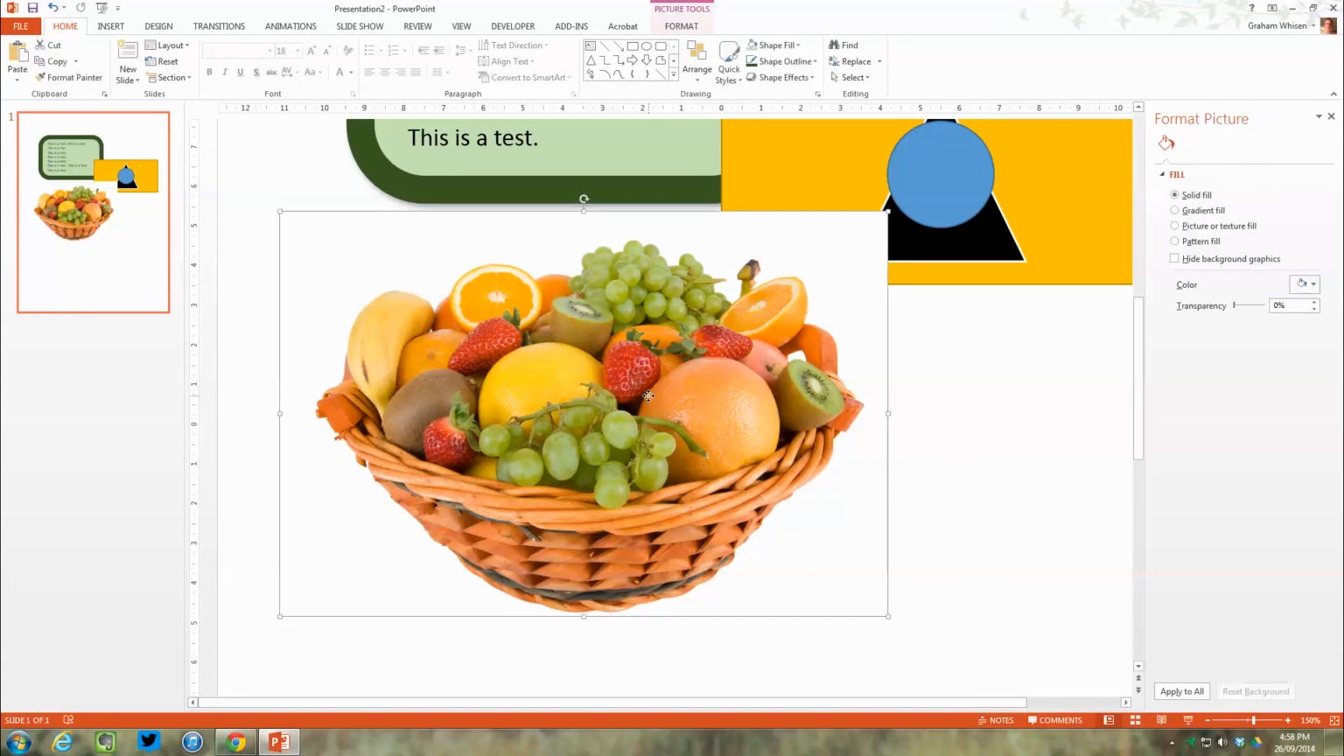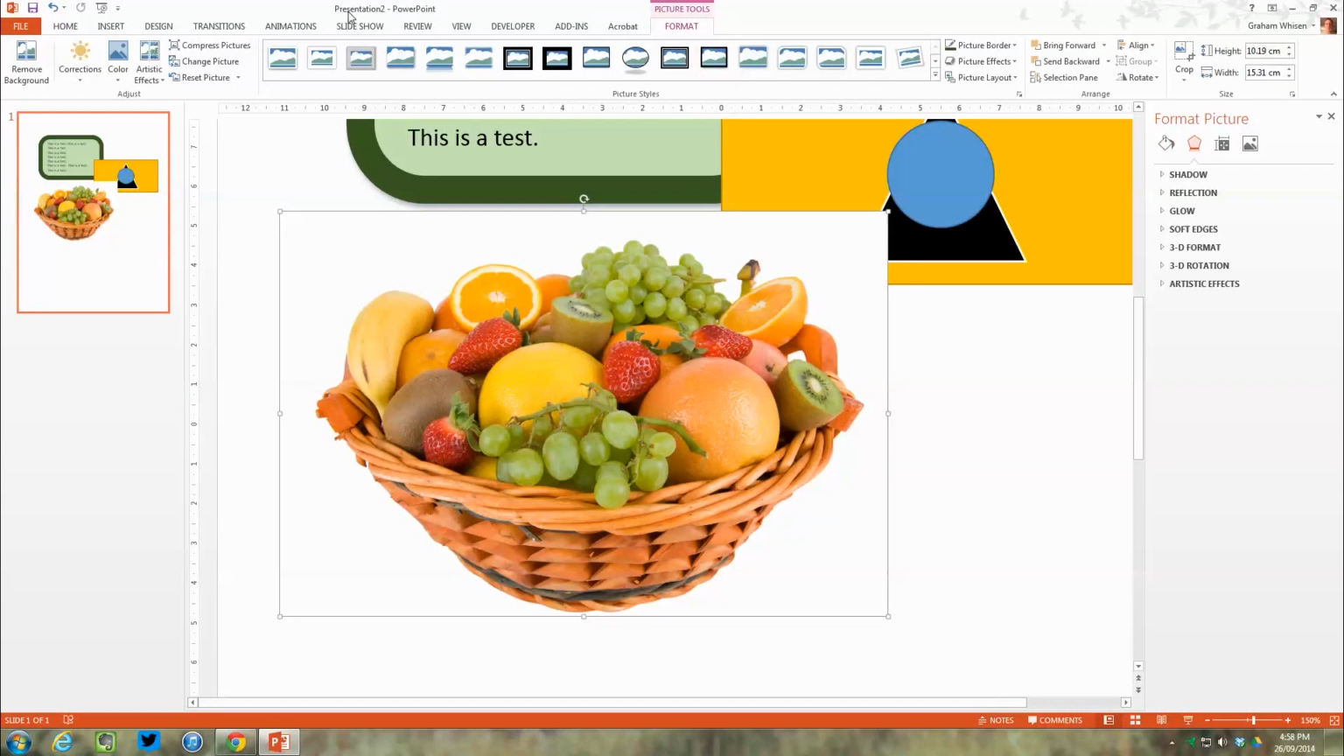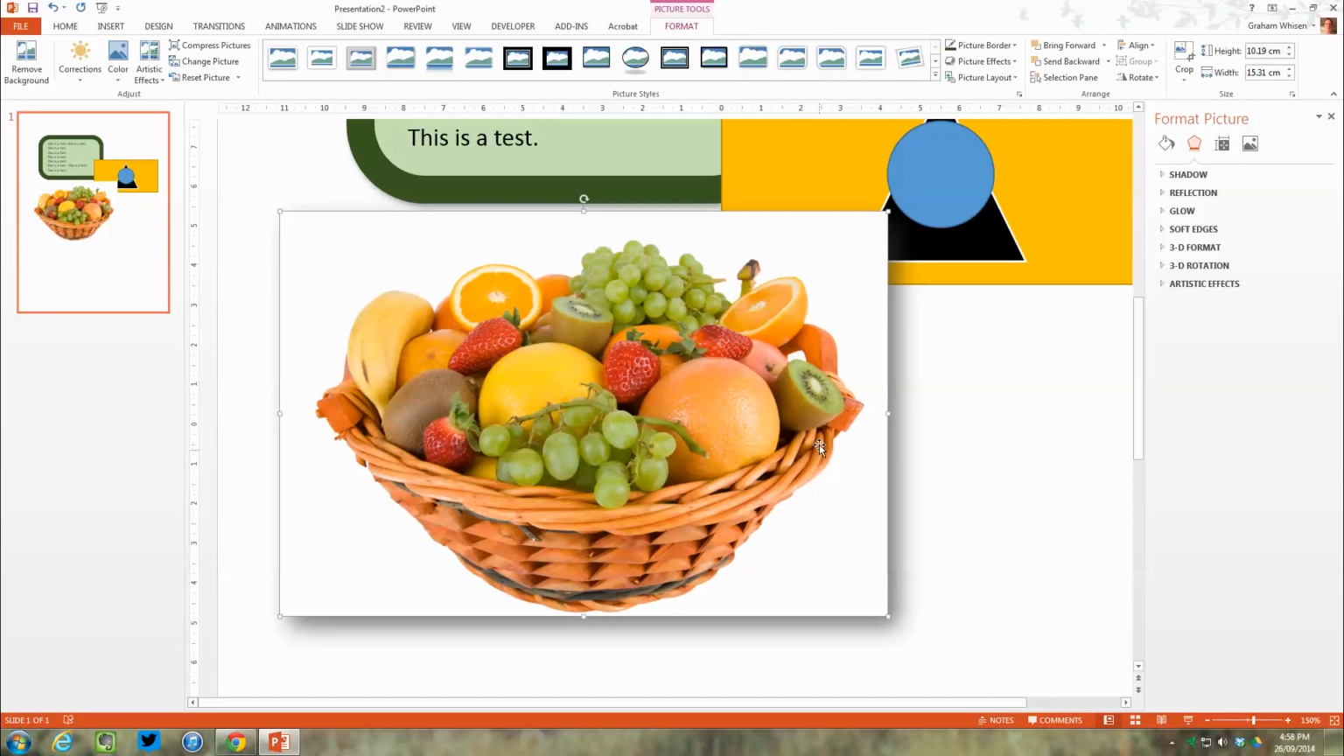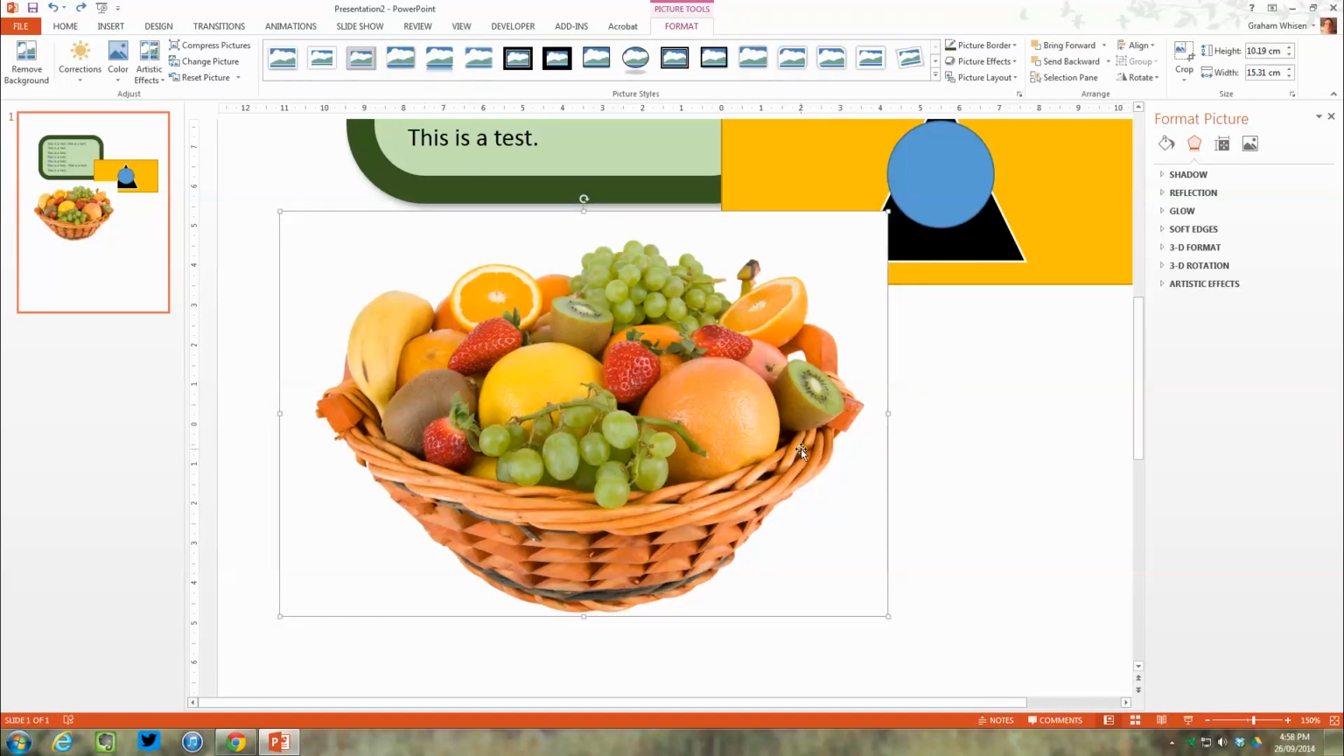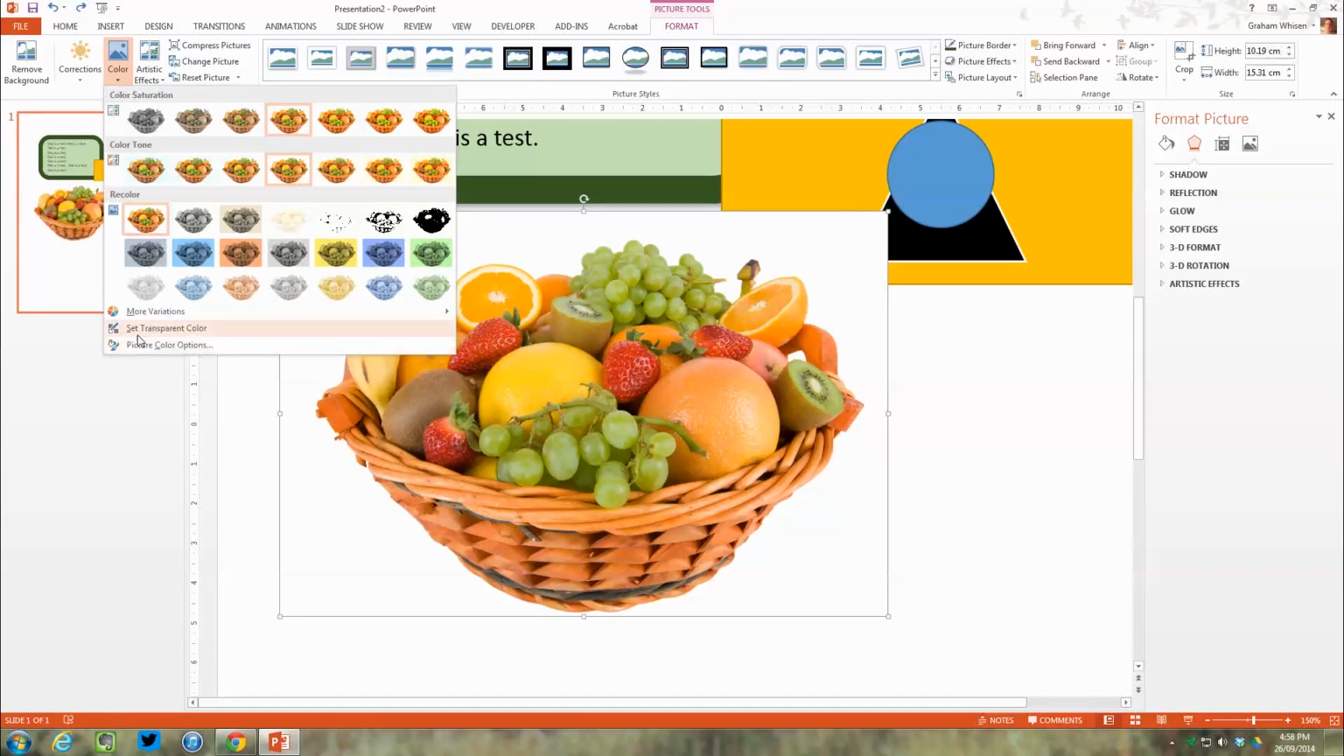When I click on the object, in fact, this time I double clicked on it to bring up the format menu, I can do some standard things like putting a little drop shadow behind it. I'm not interested in doing that right now. What I'd rather do is go over to here and see an option for color, set transparent color. So what it's going to let me do is then